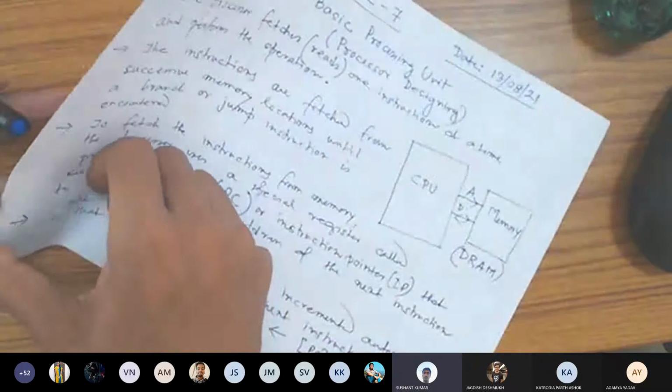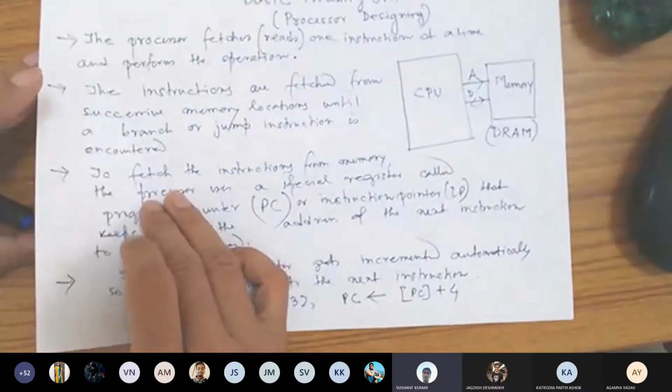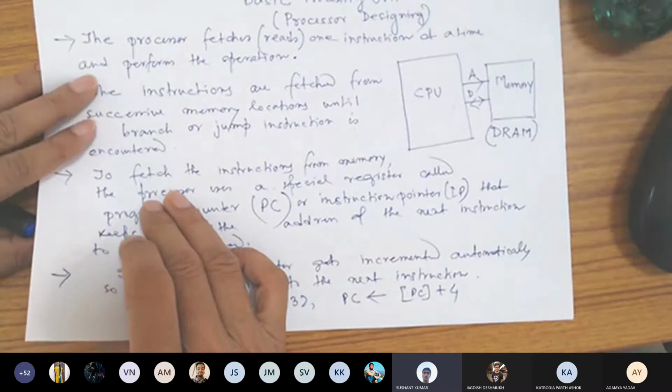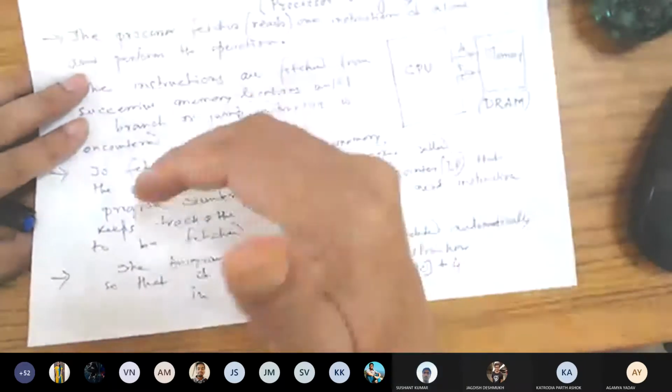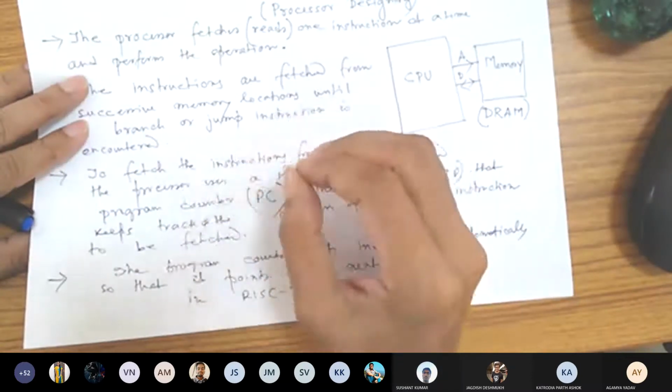Sir, this program counter is always updated. Like, sir, if there is a jump instruction, then we will first increase the program counter, then jump to that location. No. Say the current instruction is the jump instruction.